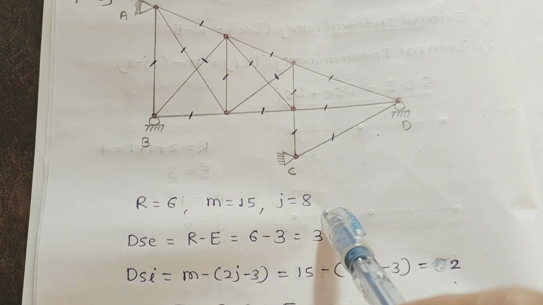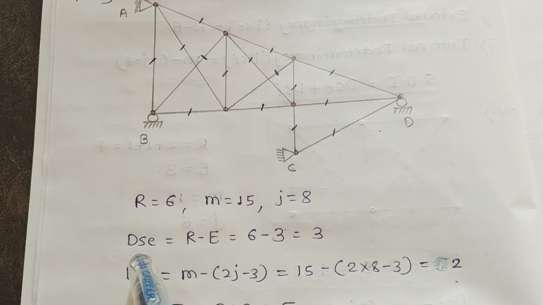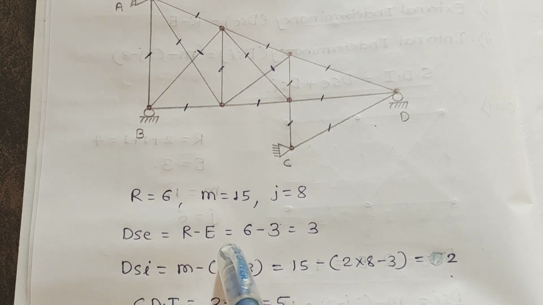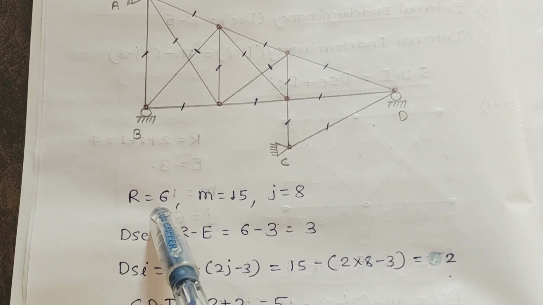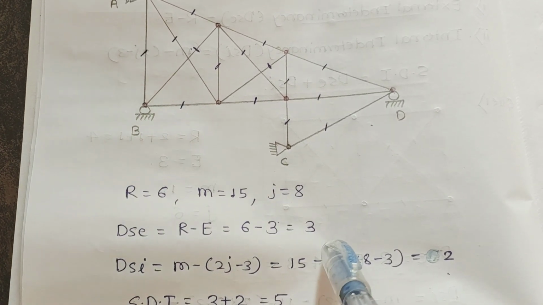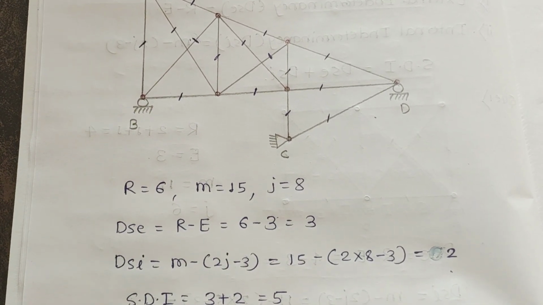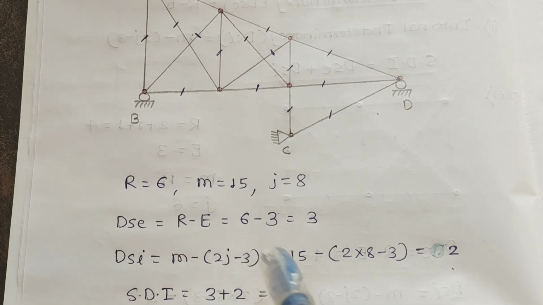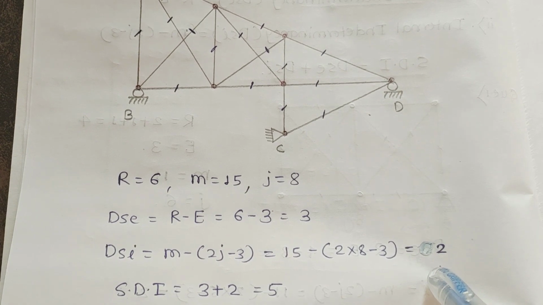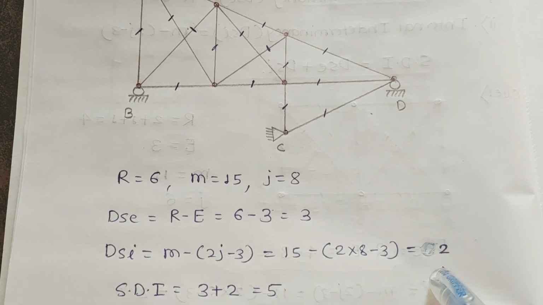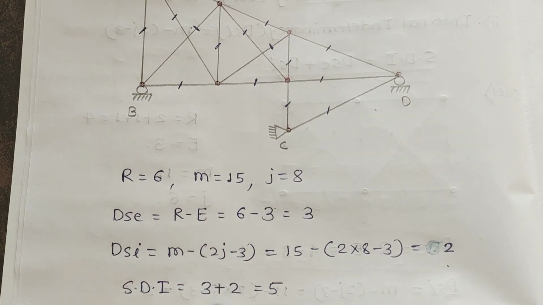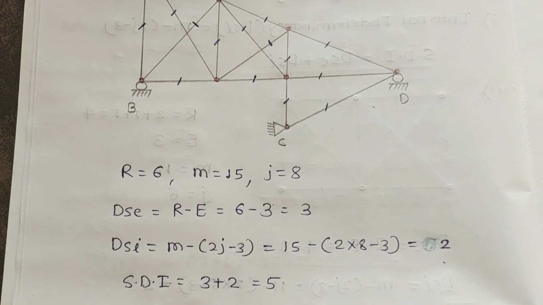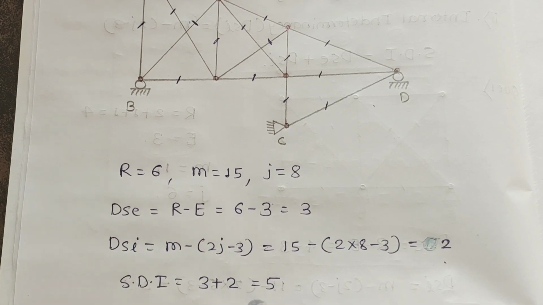The number of joints is 8, and the external indeterminacy is R minus E. Put the value of R as 6, you get 3. Then for the internal indeterminacy, you have to put the values of M and J here. You get the value as 2, and the total indeterminacy for this particular structure is equal to 3 plus 2,